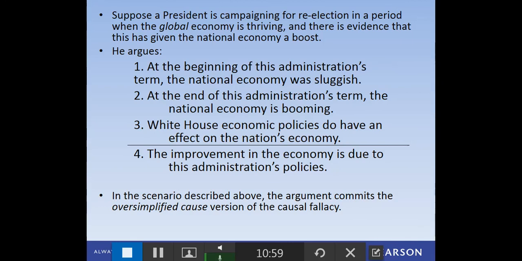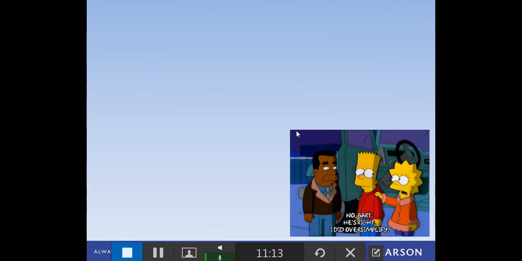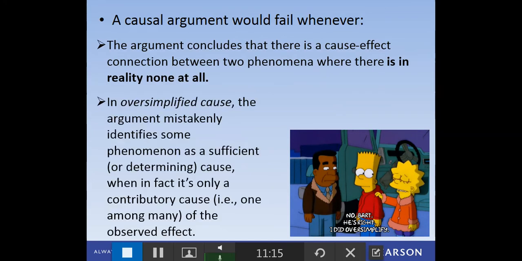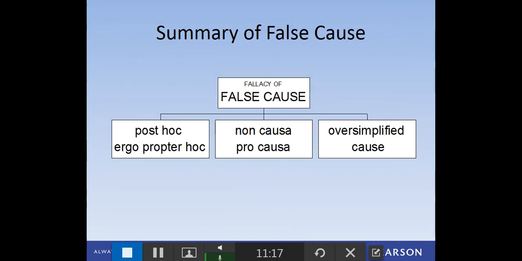And politicians will do this over and over again, as long as the things they're pointing to are good. They'll never say, oh, because of my one thing I did, this is bad. No, that's always someone else's problem, right? But politicians do this a lot as far as the oversimplified cause. It fails to support its conclusion. All right, here you can read over this.